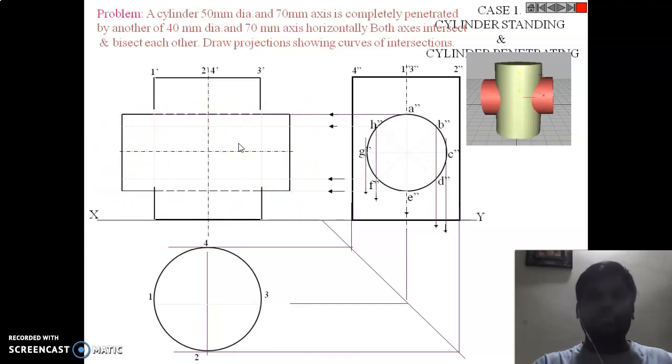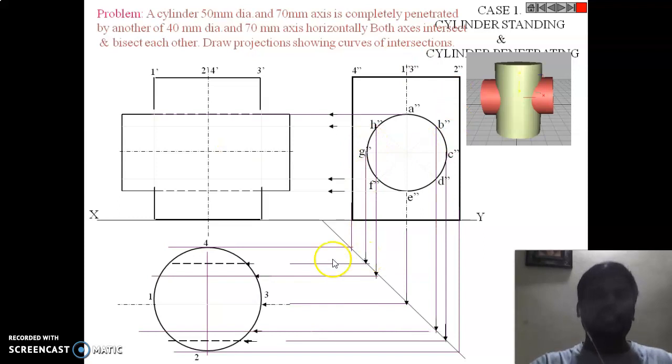I need to get the top view: project from the circle onto this 45-degree line and project them towards this, and even project from this. You'll be getting one more rectangle, isn't it? One more rectangle you'll be getting here. You project from the top to front, and from the side view you'll be getting one more rectangle, isn't it, Shreyas? The three views of a cylinder are being drawn for the horizontal as well as the vertical cylinder.